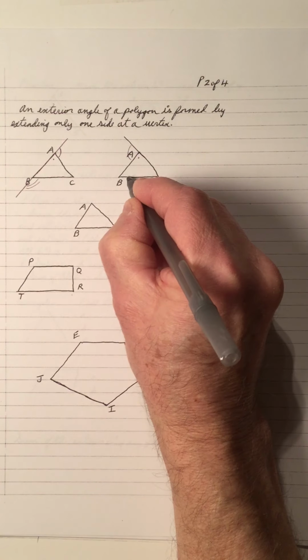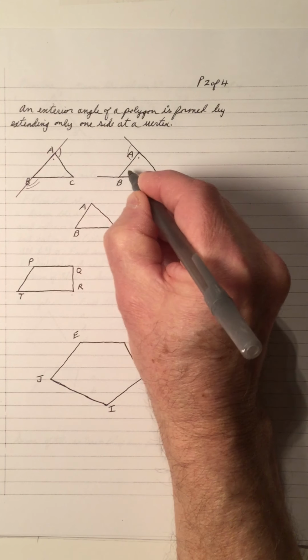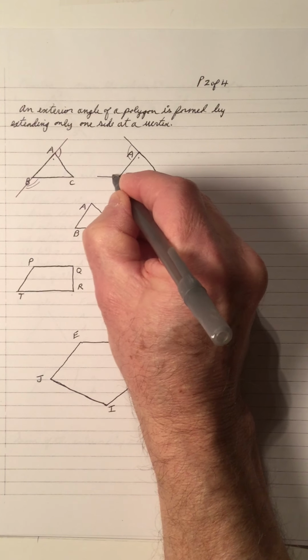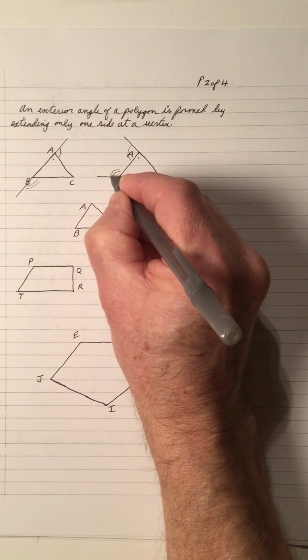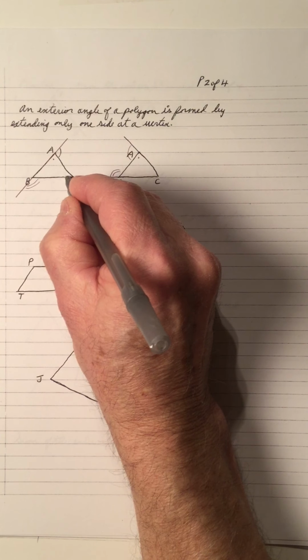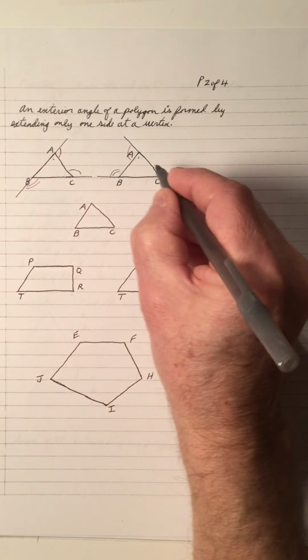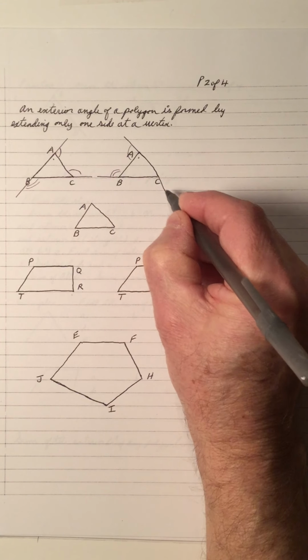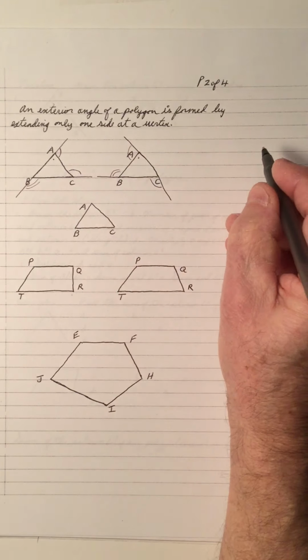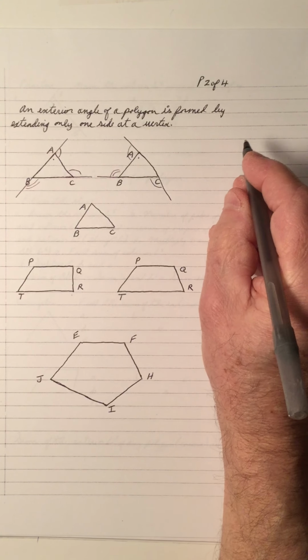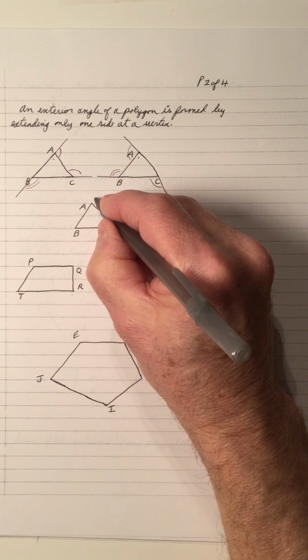angle. Or I can go over here and extend this side out and get this exterior angle. And at C, I can extend out that way to get that exterior, or I can extend it out this way to get this exterior. So it doesn't make a difference how you do it, but if you want to go around in order,